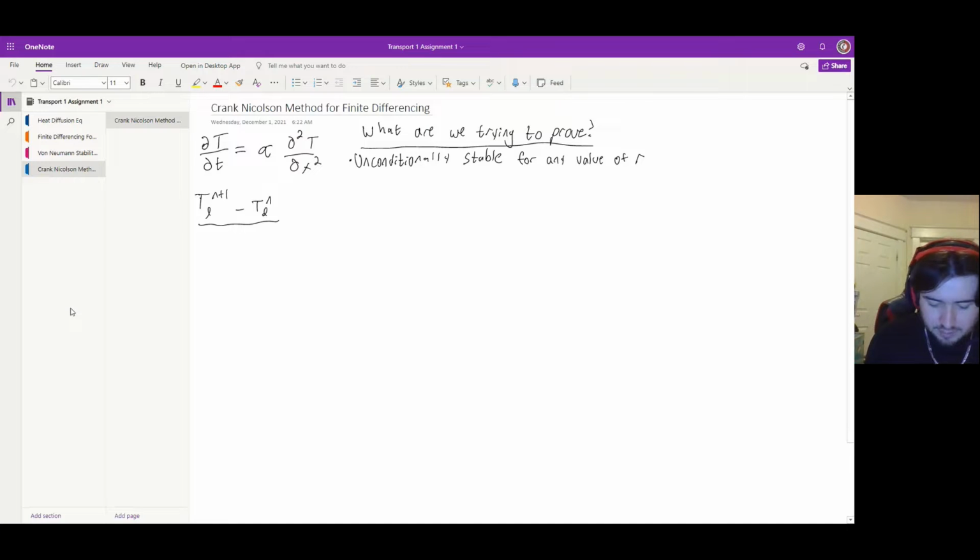So it's going to be T of L at one timestamp in the future minus T of L at the current timestamp over change in time, equals alpha over 2, big parenthesis, of T of the one block to the right at one timestamp in the future, minus 2 of our current block at our current timestamp,